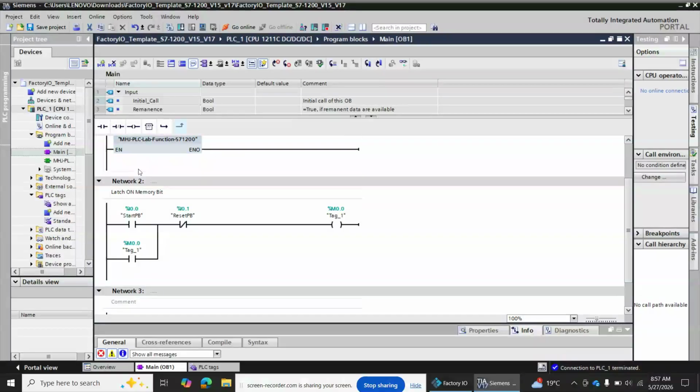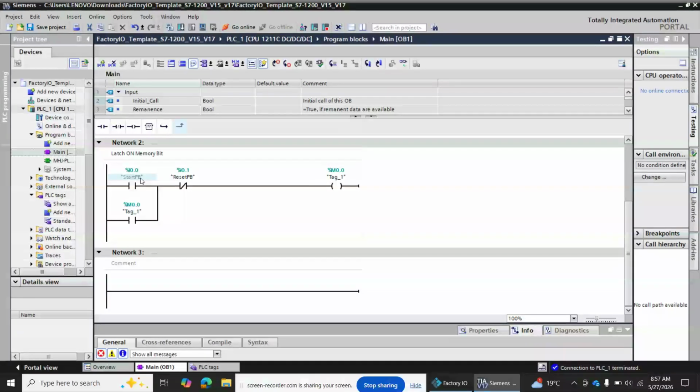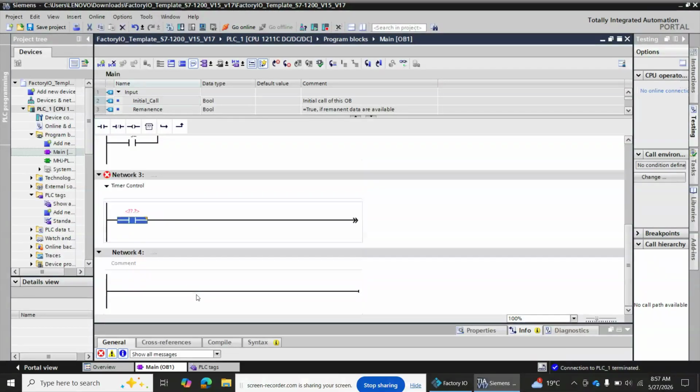So we know this is a holding contact network. When the start push button is pressed, this will be on, held on, latched, unless the reset push button is pressed, then it will be reset. On the second network here, I'll use my memory bit to control the timer. So on timer control here, I'll have my M0.0, my memory bit, as my switch, and then on instructions,